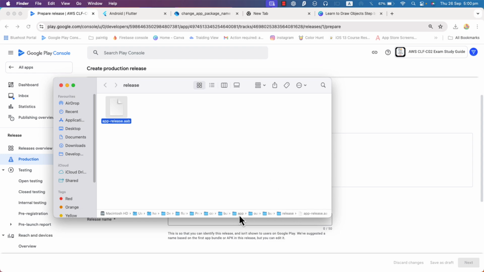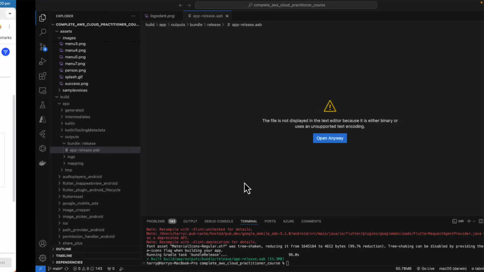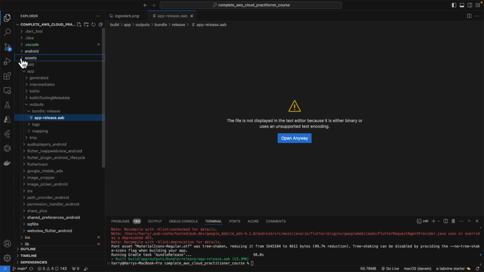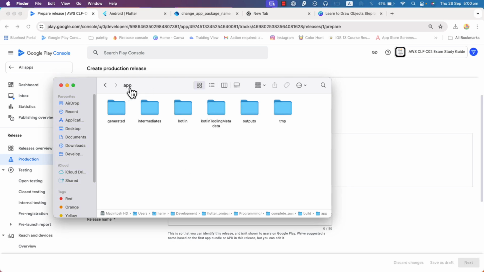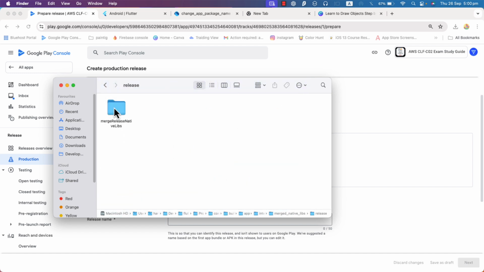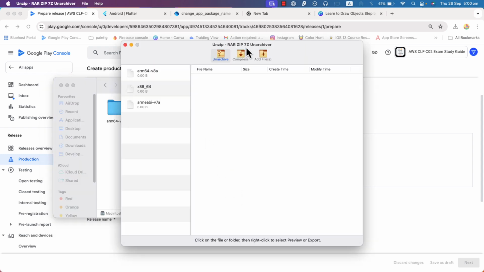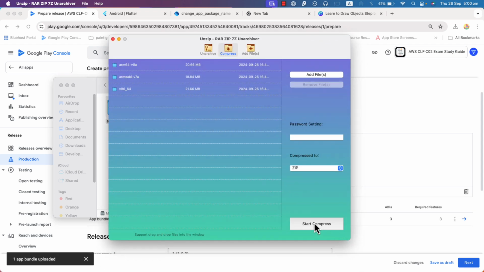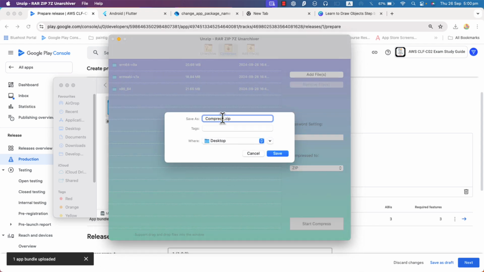By the way, you need to get to the app part of your project. If you can't find it from there, get to the build folder in your application, below the Android one. If you have the asset, it's below the asset. Build app. Got it? I'm at that app part. Get to the intermediate, and you need to find the Merge Native Libs and get to release, this and this and this. You need to make a zip file from these folders and upload it to the Google Play. Now I'm going to show you how to do that. I'm going to compress